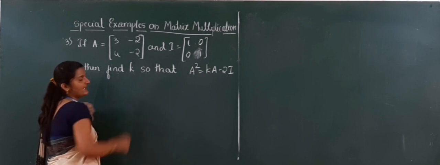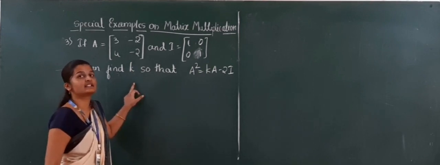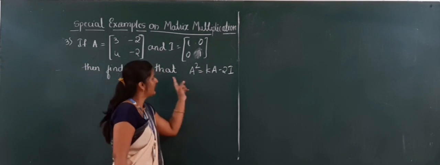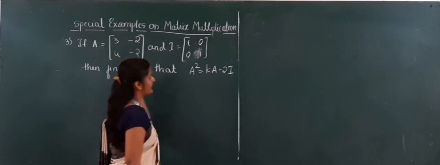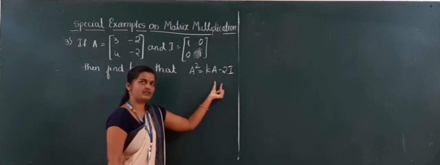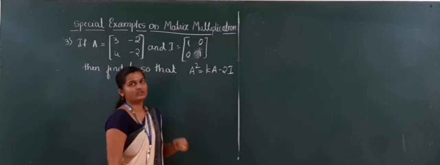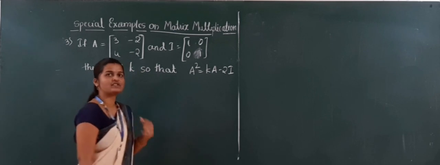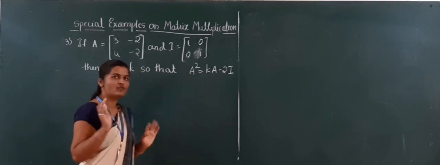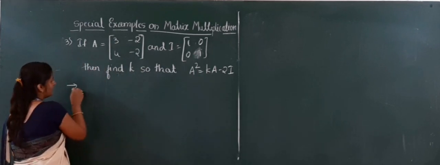So see here, K is a small letter, that means it is a scalar, not a matrix. You have to find out the value of this scalar where this A and K satisfy this equation. So LHS equal to RHS they have given, I have to find out the K value. So before solving this, first I have to find out the LHS and RHS, then I have to equate both. So first I will take the A square.